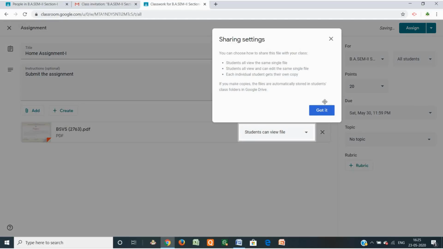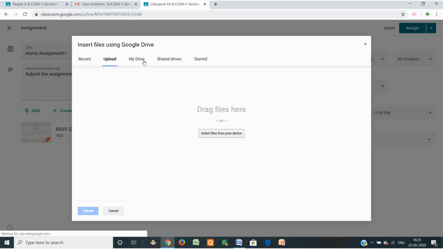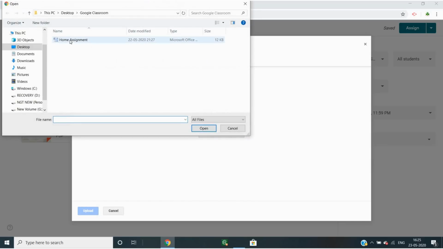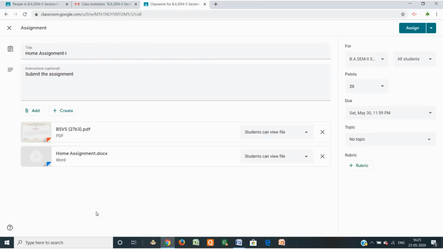So this way the assignment is attached. Suppose you want to provide a file, just click on File, go to your computer, click on the particular file and upload. So this way the assignment can be uploaded.